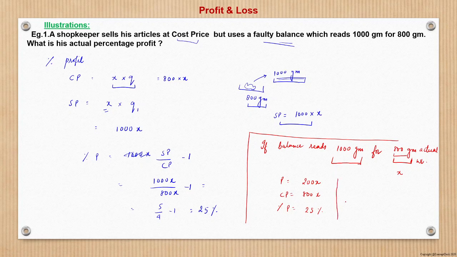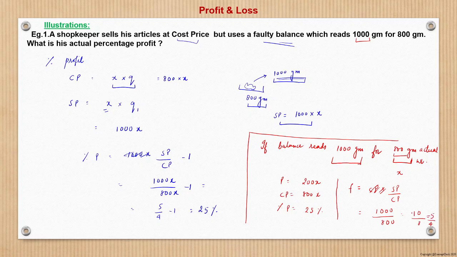So this is what is basically summary in doing. Now we will try to convert this into the fractional multiplying factor that we have been doing in the illustrations. So what will be the multiplying factor? The multiplying factor F is always SP upon CP, right? So here the multiplying factor will be what is being sold, that is 1000 upon 800, which is 10 by 8, which is 5 by 4.